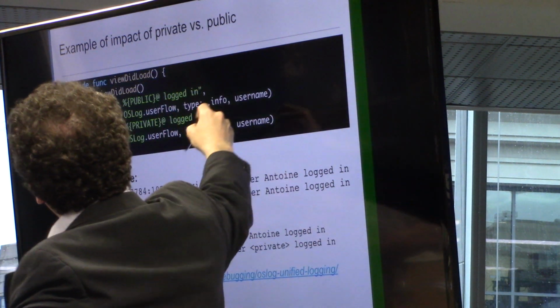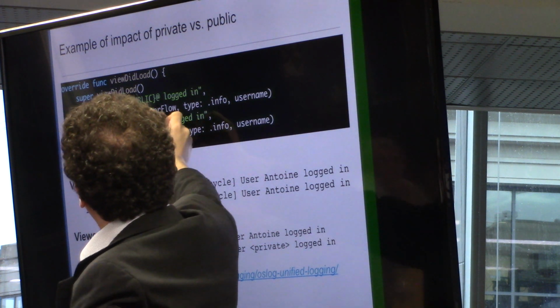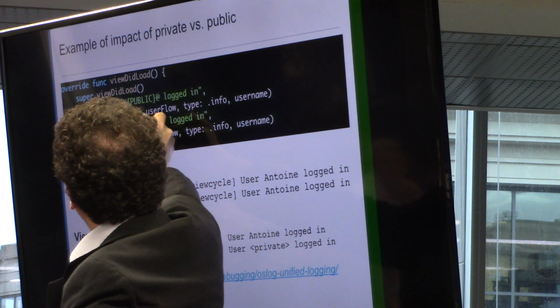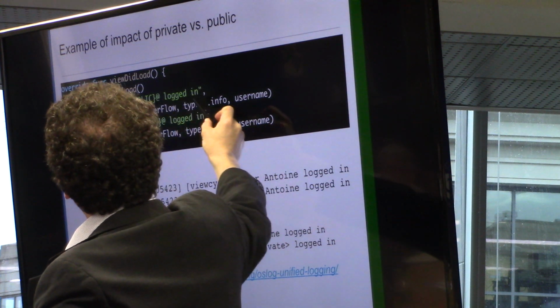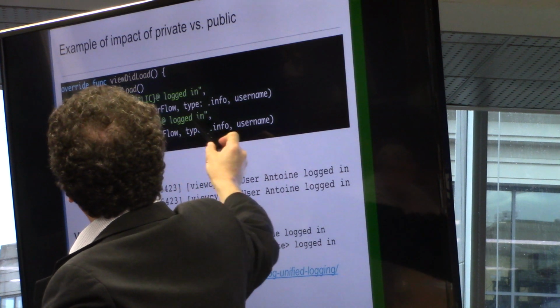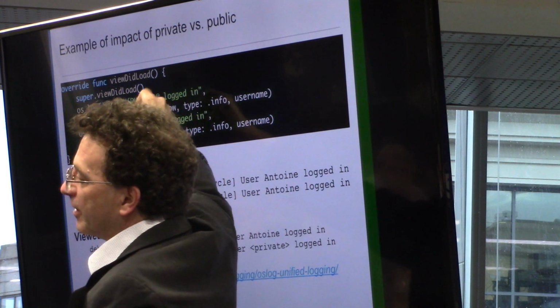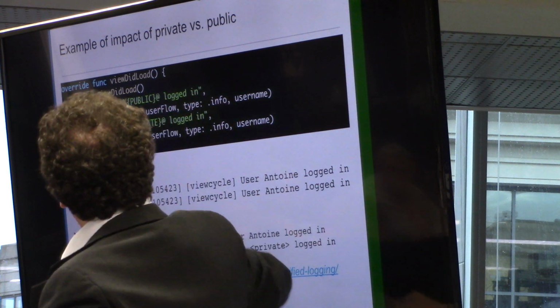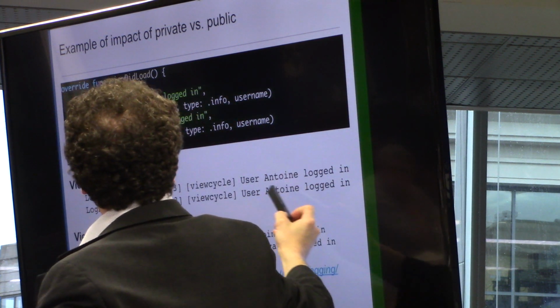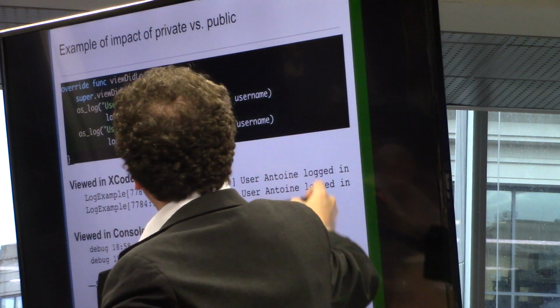And this is one of Apple's examples. So you might have a log function that says user %{public}@ logged in, user %{private}@ logged in. So here we're actually defining whether you can override the guessing. And if you view it in the debugging tool, Xcode, it will show you the variables, but